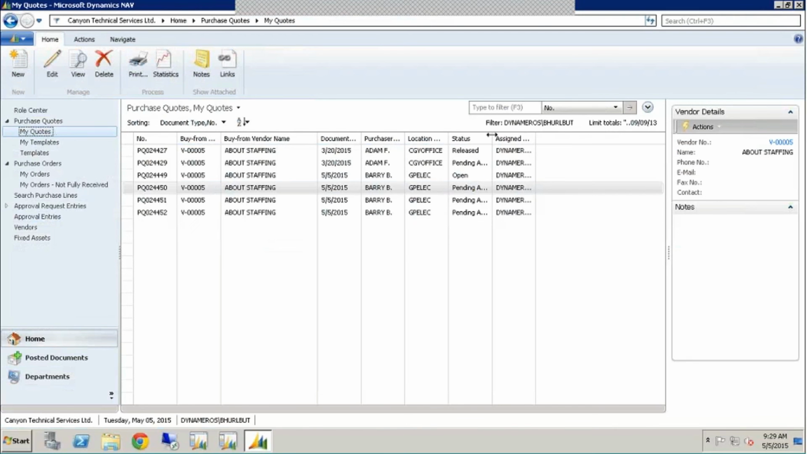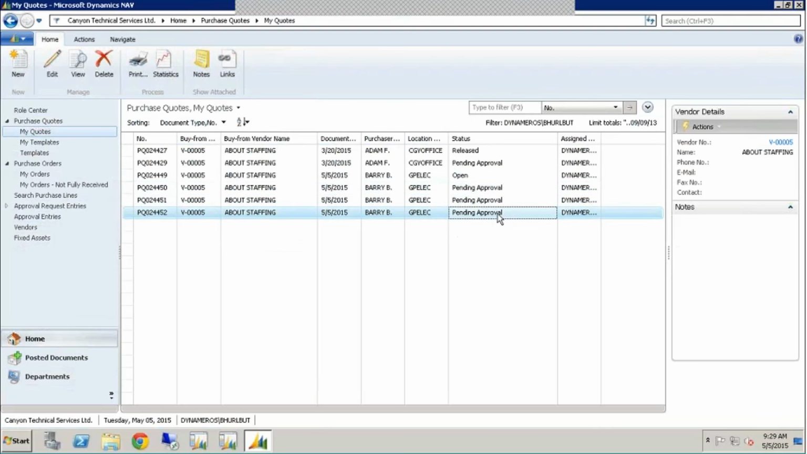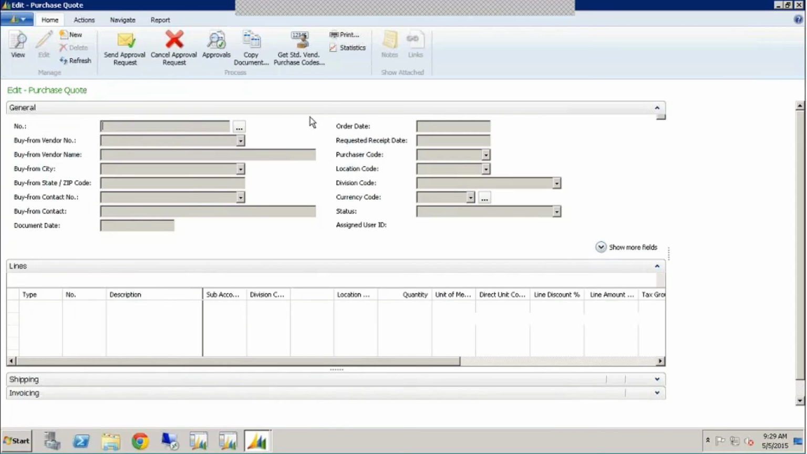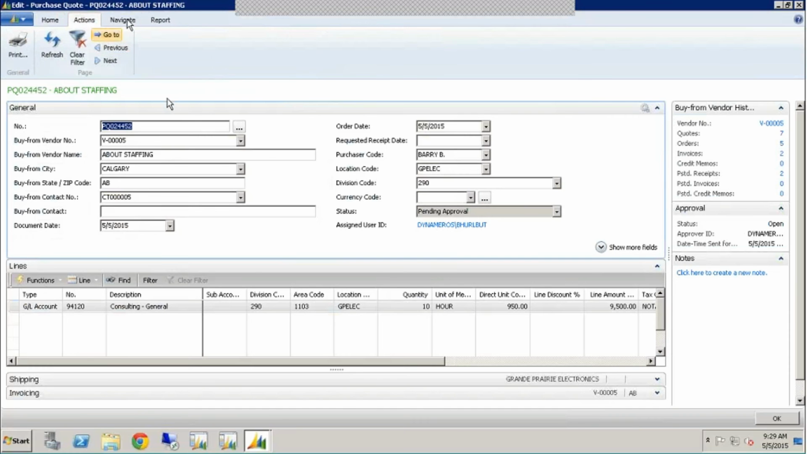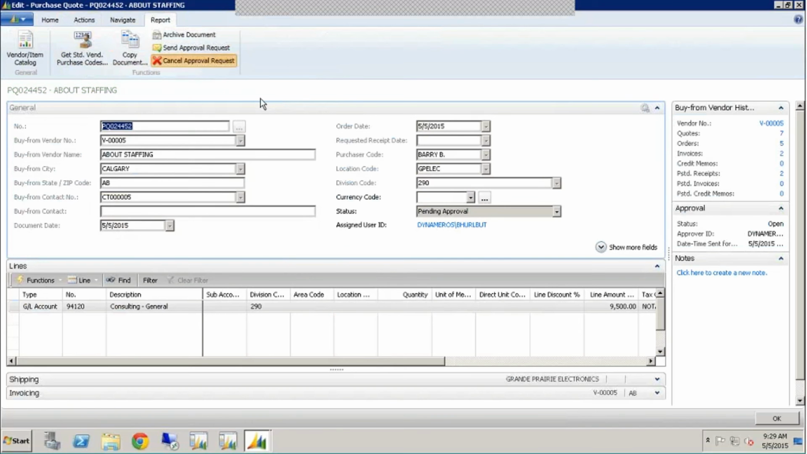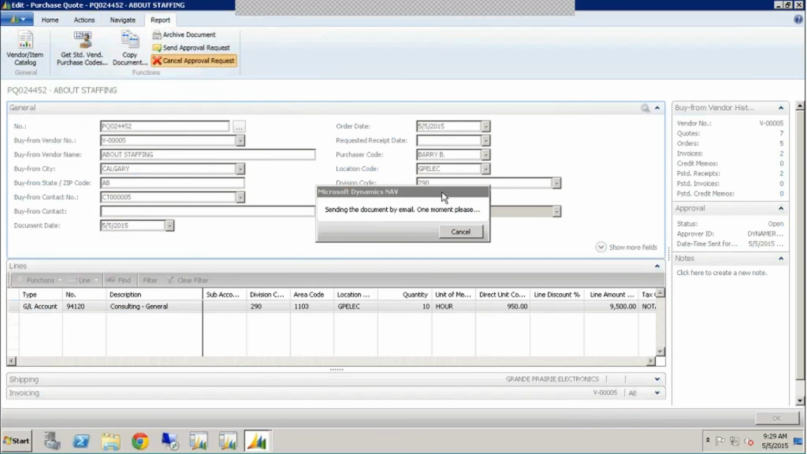Okay, and you'll see here, if I go to my quotes, I'll see all these ones that currently require approval or are pending approval. So again, we can go back in. If we needed to, we could open these back up and send them off for approval. Okay, so we could cancel the approval request at this point in time. And what you'll see is an email will be generated at this point in time. It'll go out to the approver, and it might go to the original requester